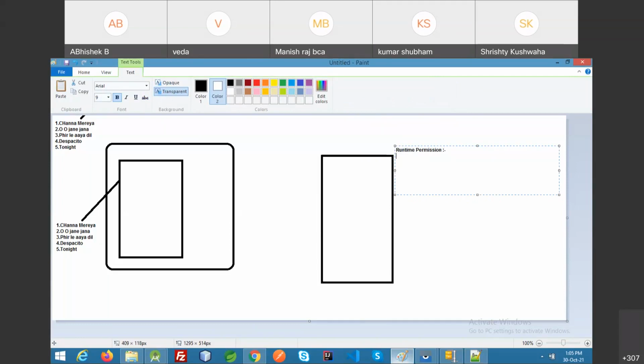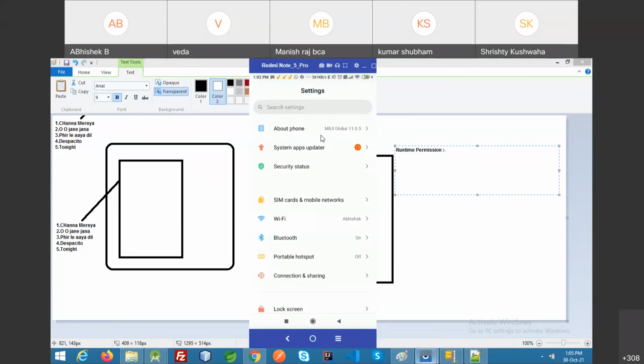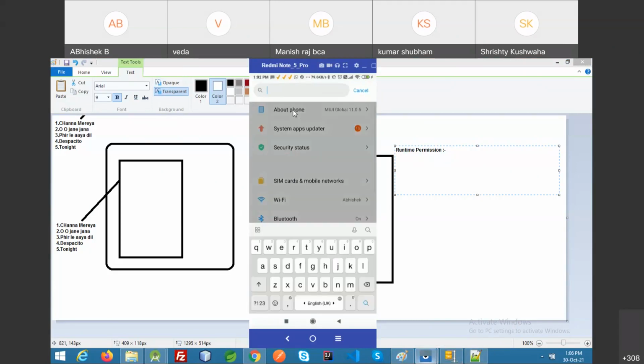It is similar, like if I show you, this is the settings of my app. Let me open the apps.